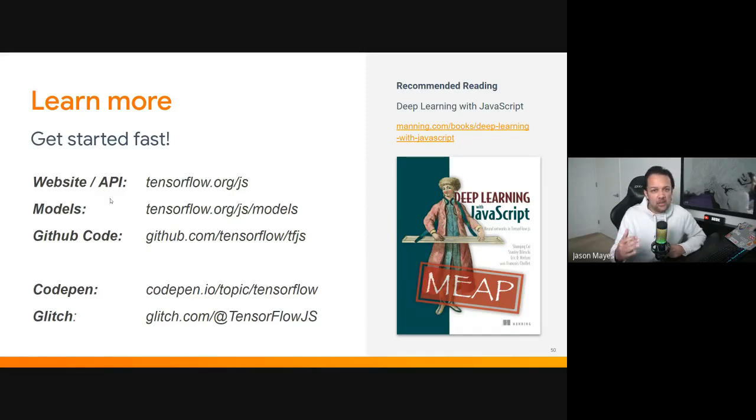We are completely open source. So if you want to contribute to the project, you can check out our GitHub code. And I've also put together some boilerplate code on CodePen and Glitch that allow you to get started in minutes with the webcam and such, so you can pass this data to some of the existing models that we have very, very easily. And you can just fork those and play with them in the browser. You don't even need a text editor. You can just fork them live in your web browser and start playing with them over there.